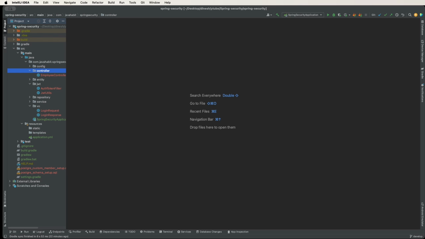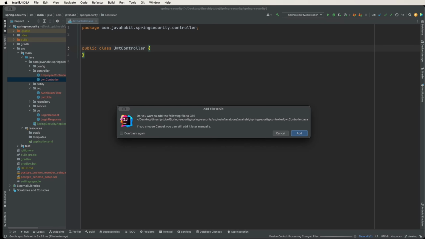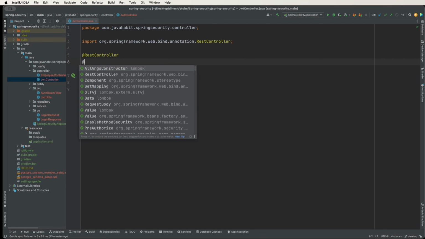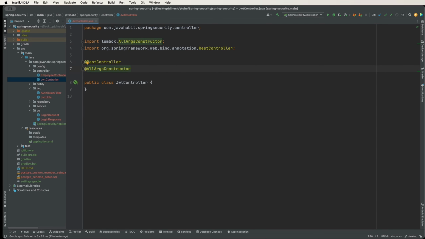Now I'm going to create a controller for allowing users to log in, because an employee controller class only has information about whether the user can see the employee list, add and remove it, right? We still need another controller, so we're going to separate it out into a different class called login controller. Let's call this JWT controller. We're talking about JWT, so we're going to keep everything named JWT. Okay. And here we have to create an annotation, rest controller, and we're going to make it all args,